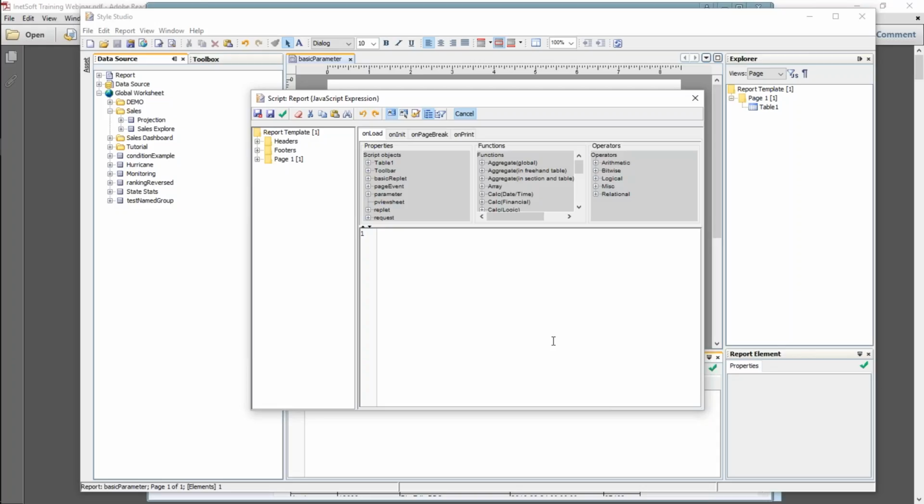So if you want to be able to access the values that the user supplied for parameters, you have to do that either in the onload script, or you can do it in element scripts that you attach to particular elements of the report. But in this case, we'll do it in the onload script. And so what I want to do here is very simple. I'm just going to say if parameter dot, the name of the parameter is period,